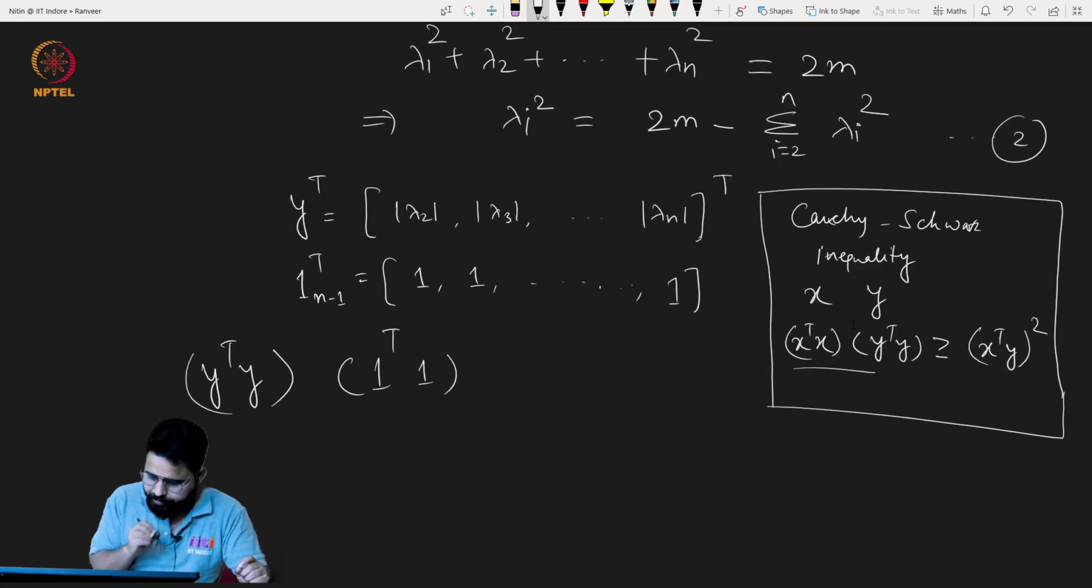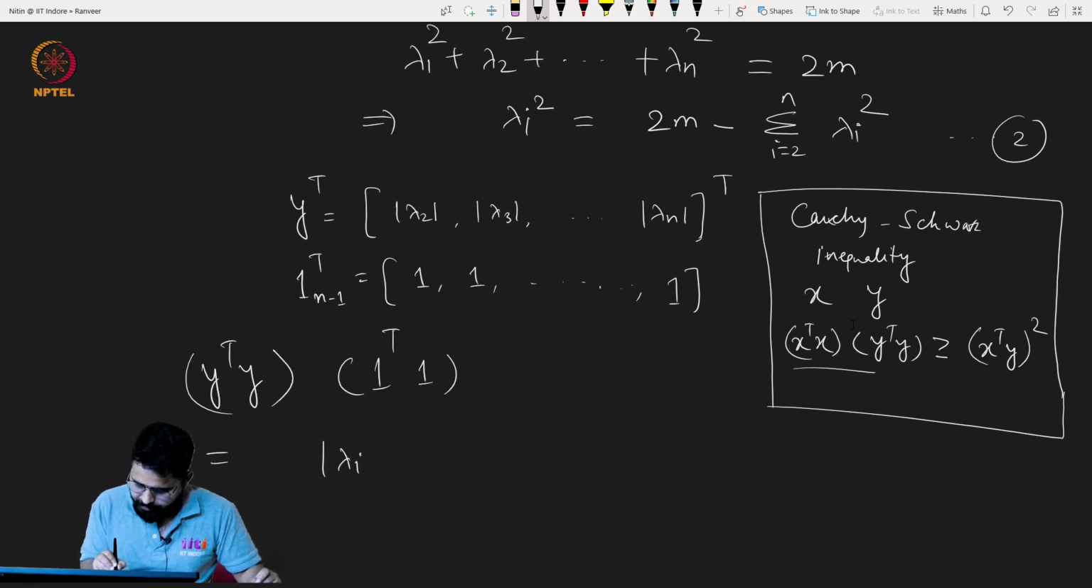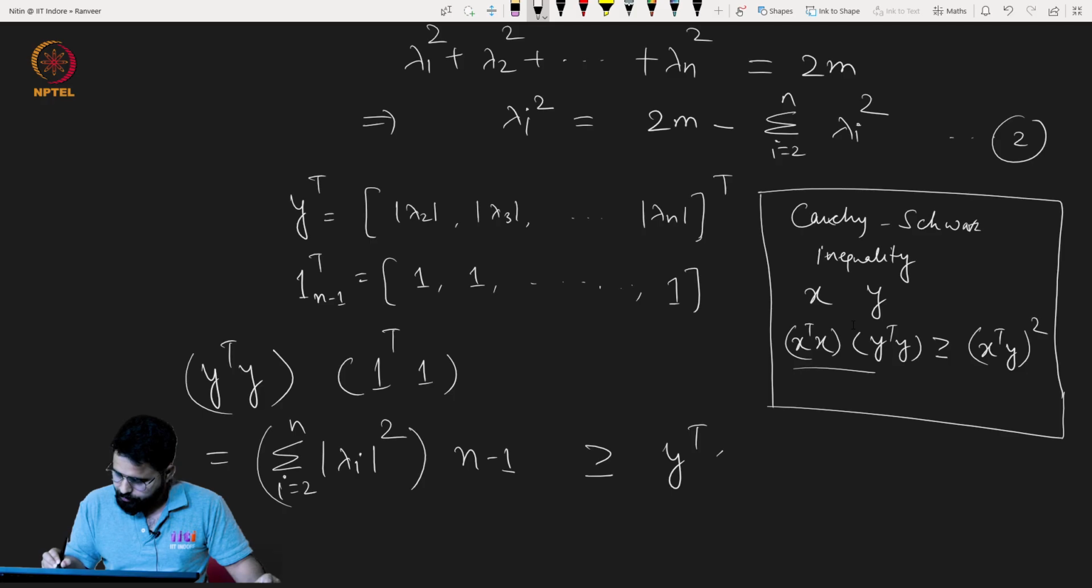So this will give you, so this is what? This is, yeah, so summation over, yeah, you are multiplying basically with the same things of y_i a square. So this is nothing but this, right? i equal to 2 to n and then times n minus 1, and this quantity has to be greater or equal to, if you dot product this is y transpose 1 and